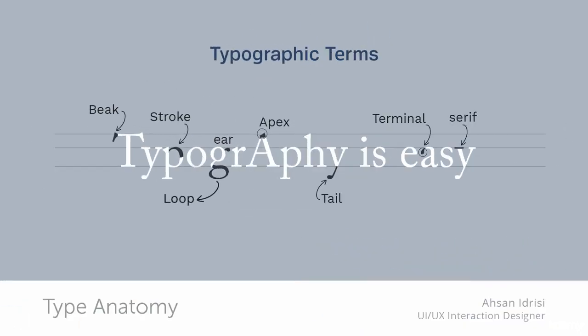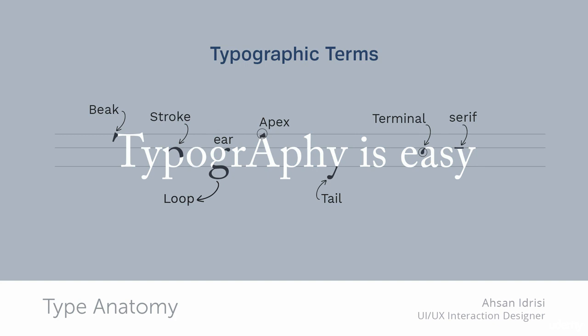Let's learn a few other typographic terms so we can easily identify any type. Here we go, we have this beak, which is a bit pointy end of any capital letter or small letter. They are found normally at the start and the end of the letter. Then we have this stroke. You can see the top portion of this P letter. There are two varying strokes. One is very slim at the start, and at the middle it is very thick. This is called the stroke difference, slim to thick, and this is a very important part in identifying different classes of fonts.